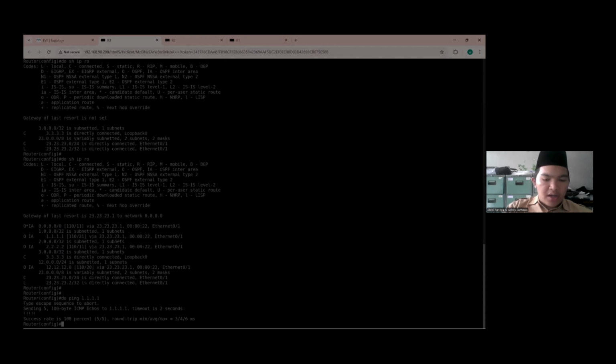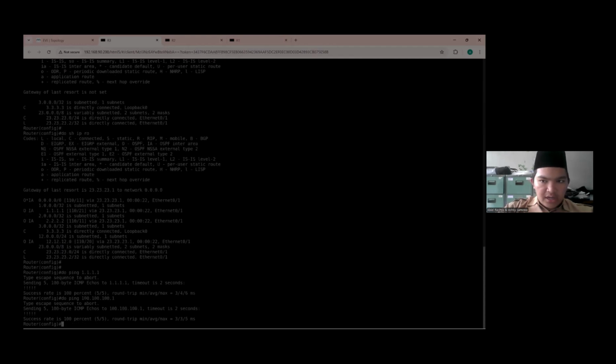And then next we're gonna ping to the interface loopback that we already input in EIGRP. So the network is 100.100.100.1. Okay, it works also, success also.